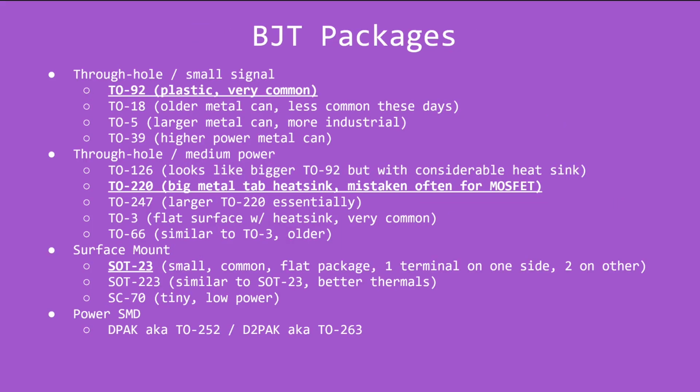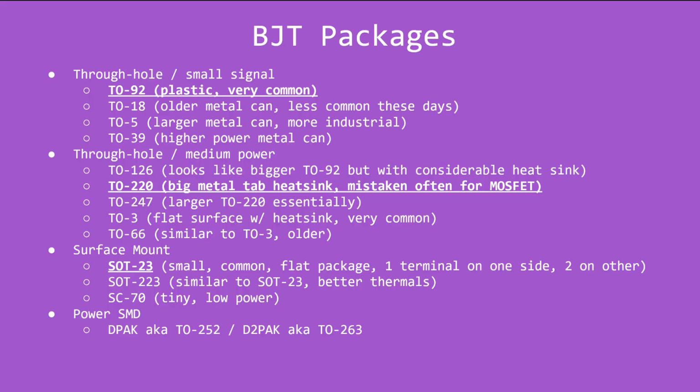Now, I mentioned TO92 being the most common package you find. However, there's plenty of others. You may find the older metal can package. It really depends. Those smaller packages, that's going to be for small signal. Moving into medium power,